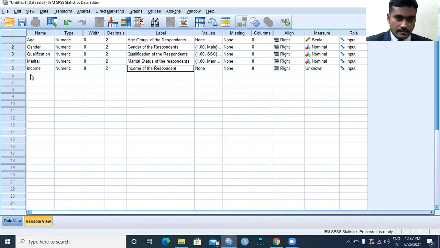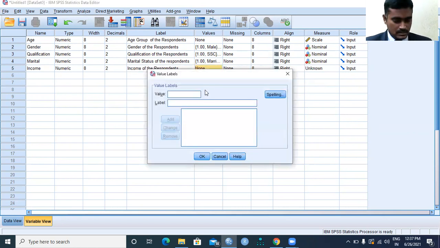Marital status, now suppose income. Income of the respondents. Now what we can do here is, suppose 1 means less than 10,000, 2 means 10,001 to 20,000, 3 means 20,001 to 30,000, 4 means 30,001 to 40,000.